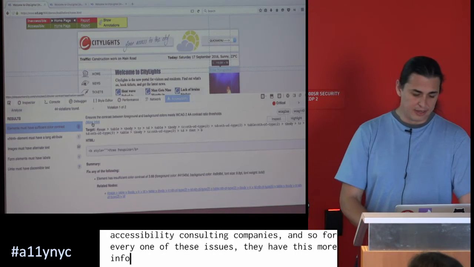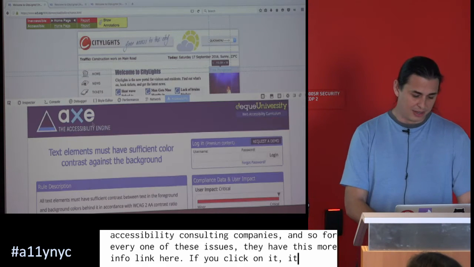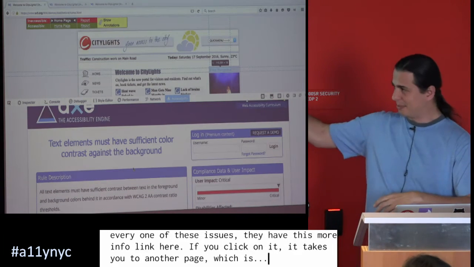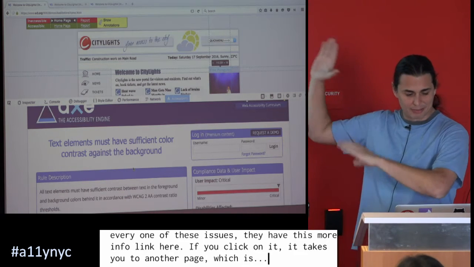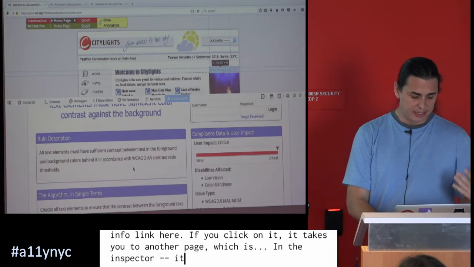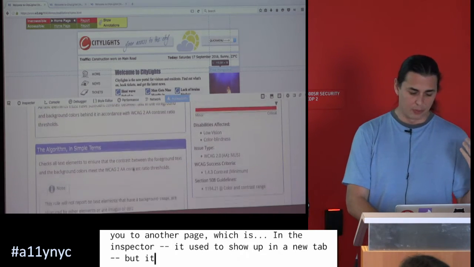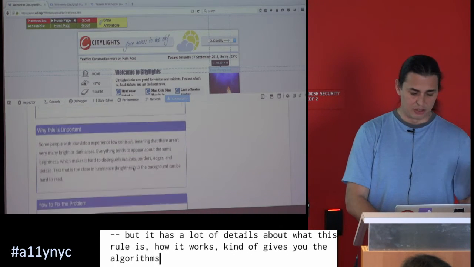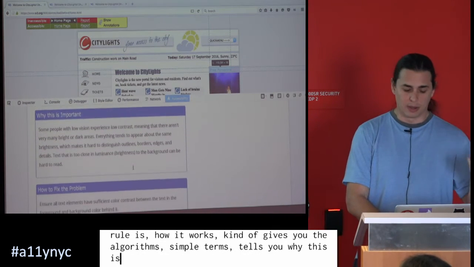If you click on it, it takes you to another page, which I've noticed starts kind of putting you here in the inspector. It used to show up in the main, like in a new tab. I don't know why it does this now. But it has a lot of details about what this rule is, how it works. Kind of gives you the algorithm in simple terms, tells you why this is an important thing, like what populations